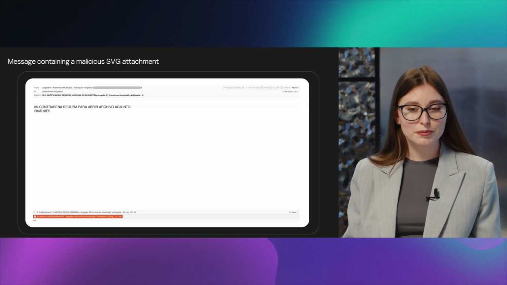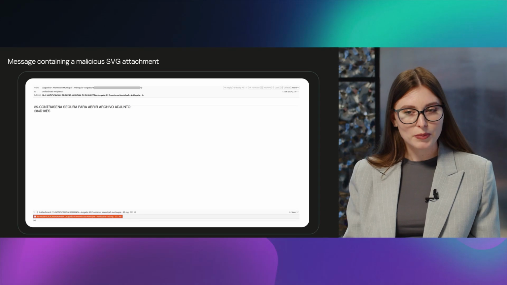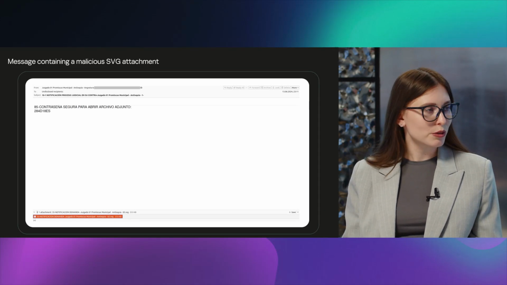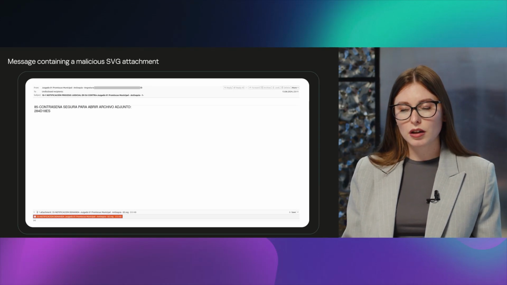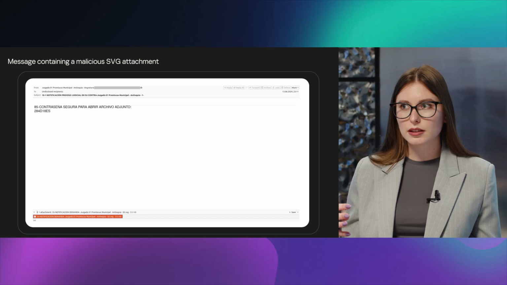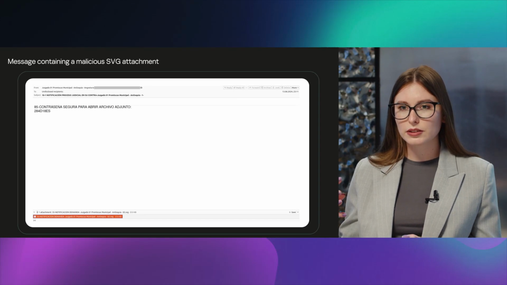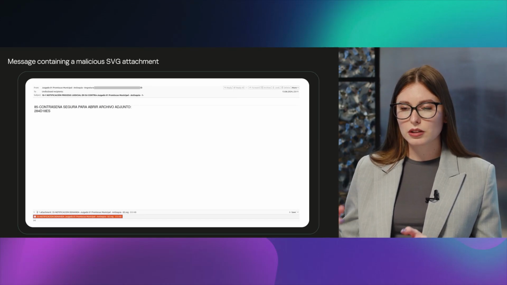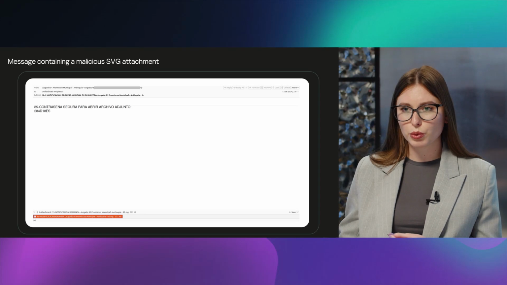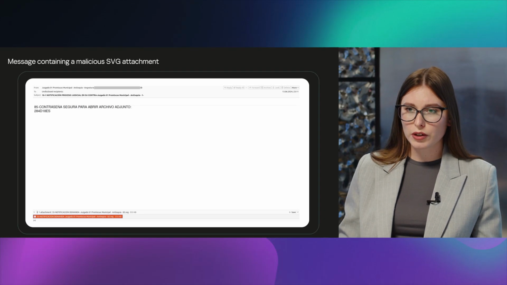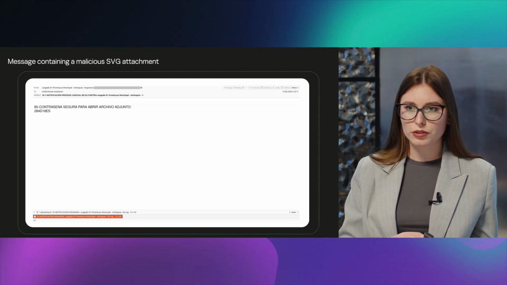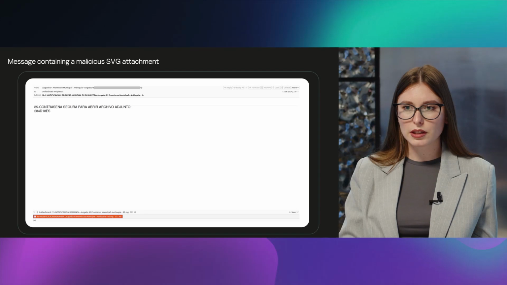Yeah, sure. For example, according to our observations, the past year also saw a rise in the distribution of malicious SVG files. Disguised as harmless images, these files contain scripts that download and install additional malware on the victim's device. Sometimes users could find a password for opening the attached file in the message body, as we mentioned on the previous slide.